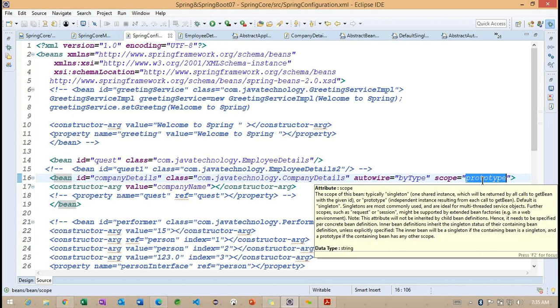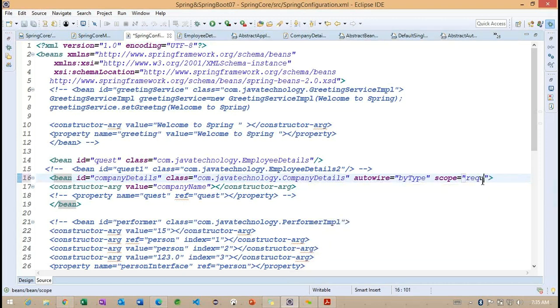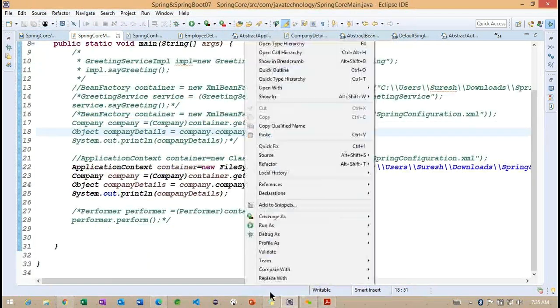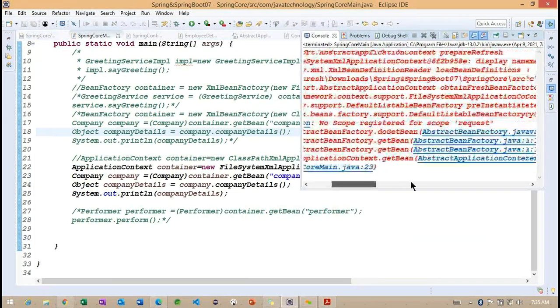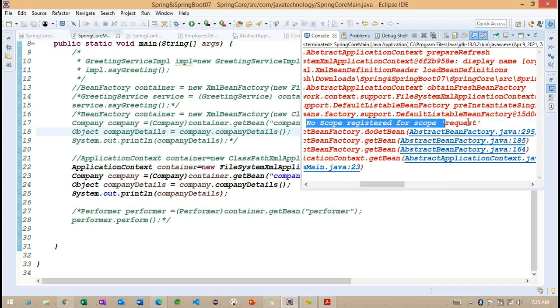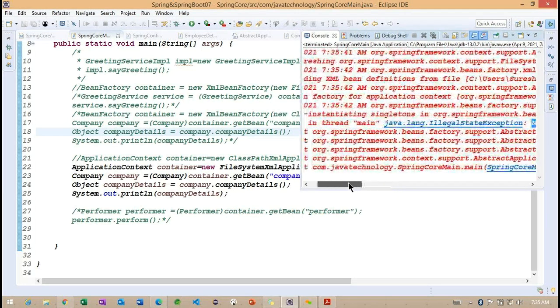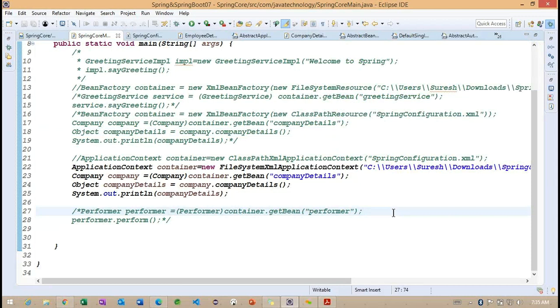So whenever we are trying to work with an MVC-related application, we can understand how exactly these requests are going to work, right? If I specify this particular request scope here, we are going to get an exception, because now you can understand there is no scope for this request. No scope is registered for this request. Basically, the request scope is something we work with whenever we work with an MVC-related application.